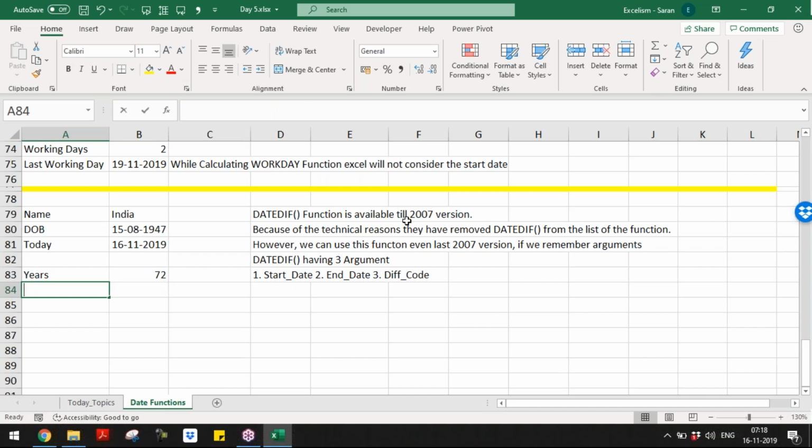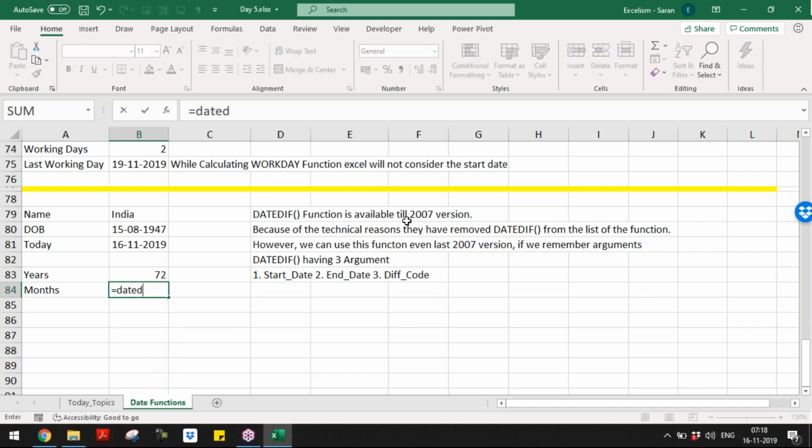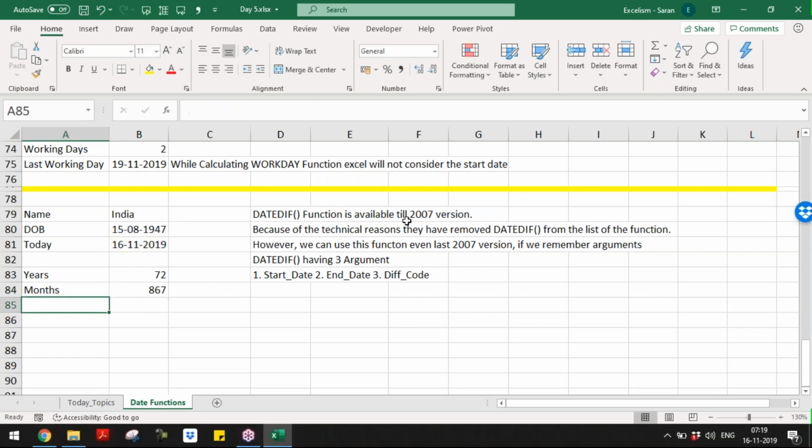Okay. For example, if I want to consider how many months are there, simple, the same function, DATEDIF. Now, this is the start date, this is the end date. If you put M, this is wrong. You know why? It may give you the answer, but it is giving you completed months from that date till this date.